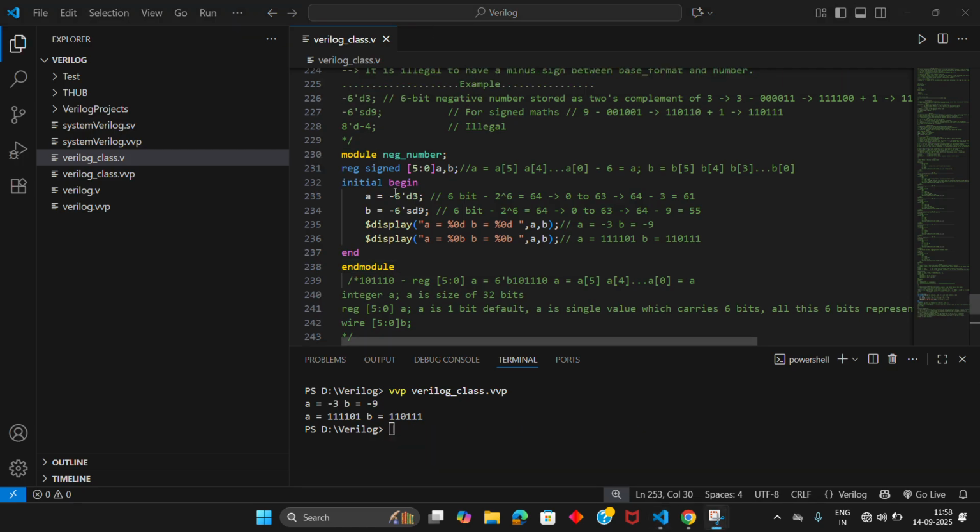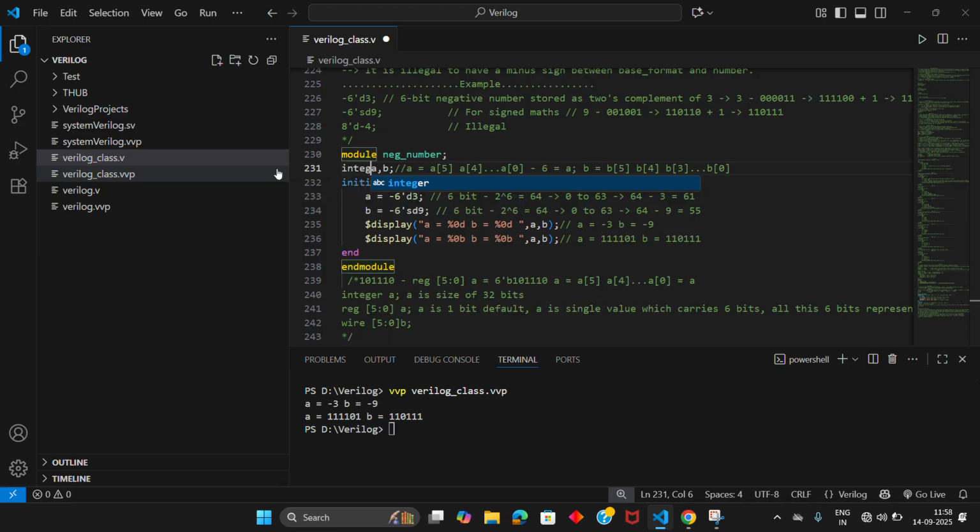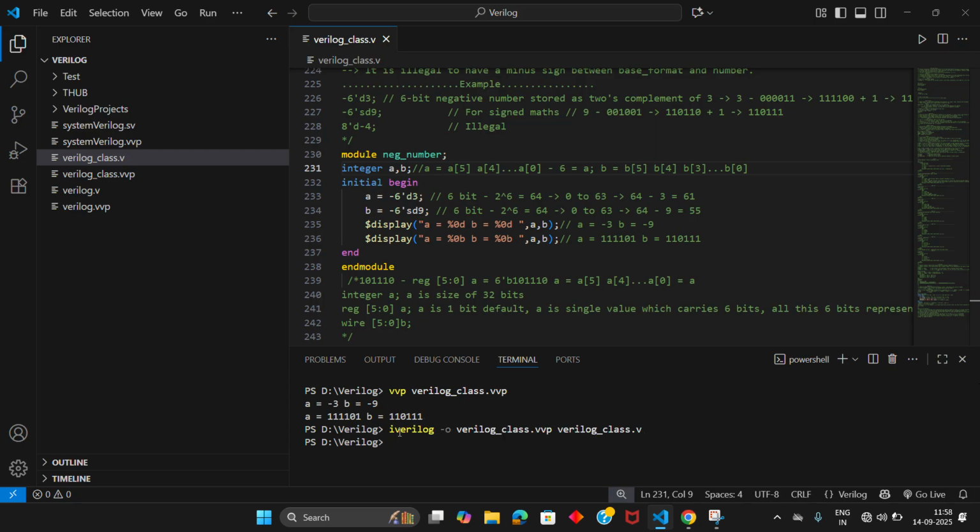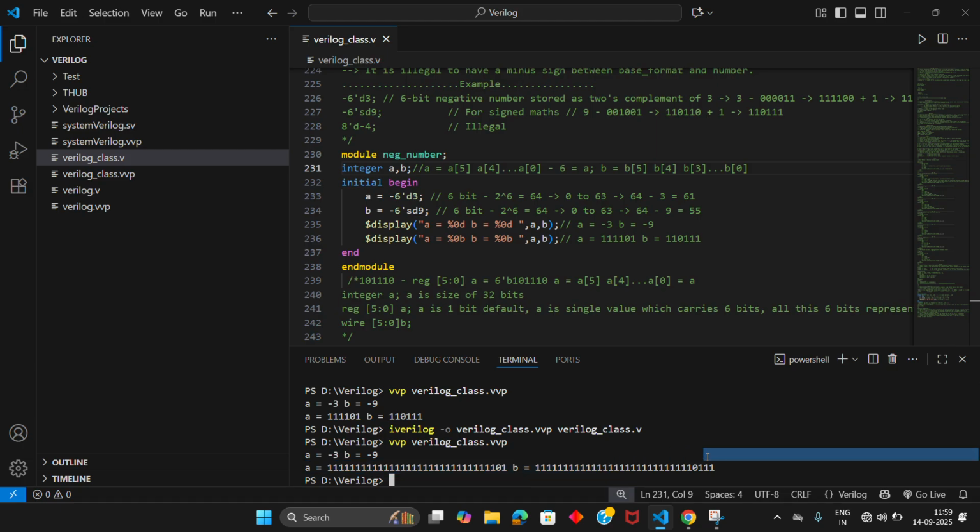Before that, let us replace this particular data type with integer and see what we are getting. Remember, we haven't used any modifier, so let us check what the output will be. We get the output as a equal to -3 and b equal to -10. But the a and b values in binary we get